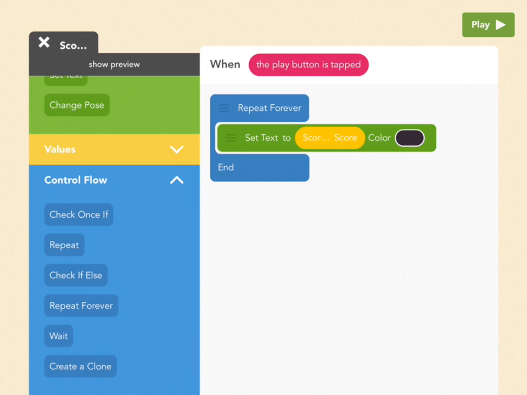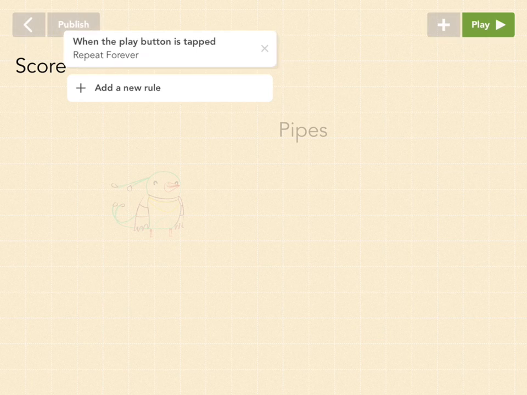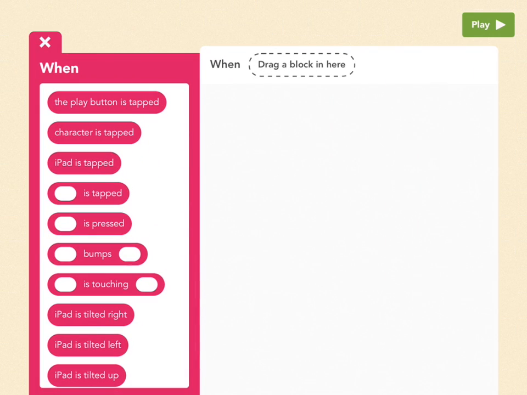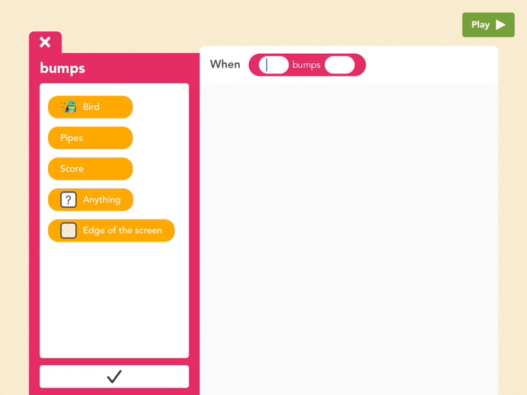So now for the score to actually mean anything though, we need to change it depending on what happens with bird. So tap out of that rule. We're going to add a new rule to score. We're going to go to that bumps when again. So when the pipes bump the edge of the screen, our score will increase. So for the first bubble, tap pipes, and then in the second, tap that bubble and tap edge of screen,